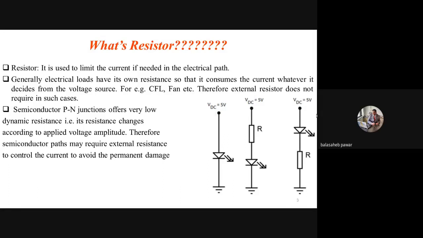Yes, correct. So that condition, we are calling it a short circuit condition, right? Now see, generally we are saying whenever a short circuit occurs, the short circuit current is infinite, but is it really infinite?